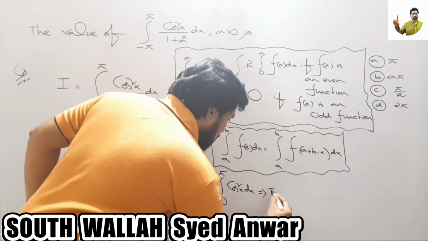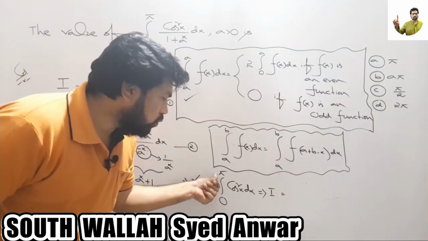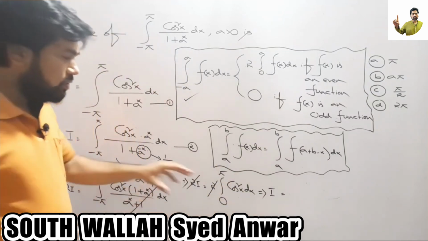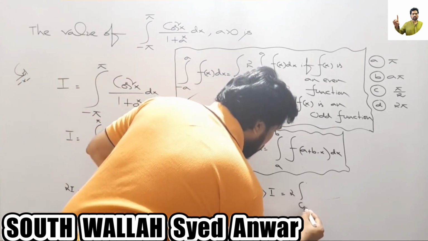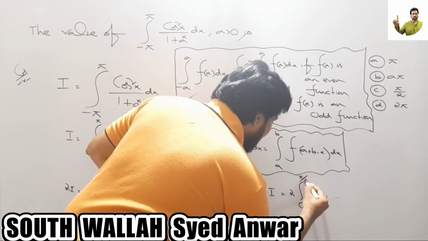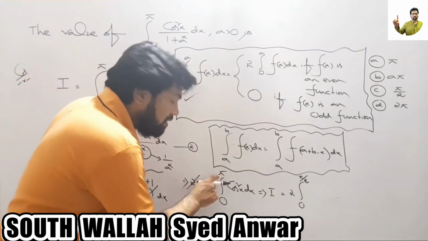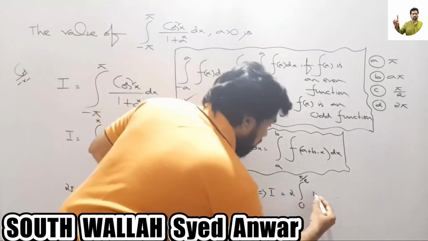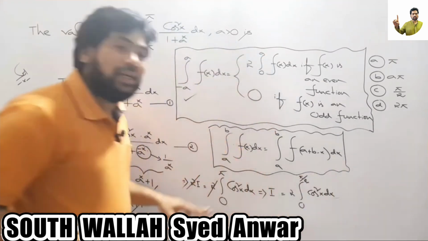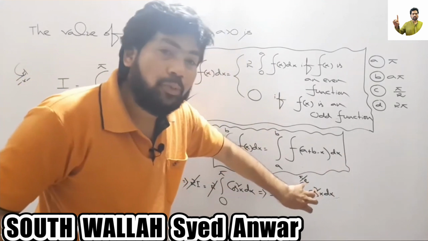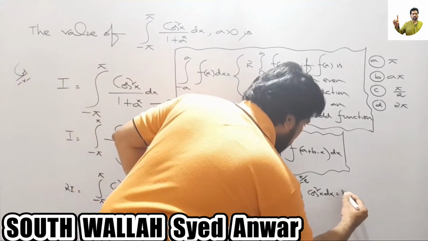I is equal to integral 0 to pi of cos square x dx. So this can be written as 2 times integral from 0 to half of the upper limit. What is half of the upper limit? Pi by 2. What is the function here? Cos square x into dx. So again I have taken the support of one more property, so that is equal to 2 times